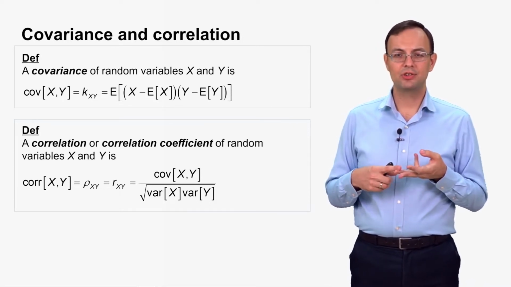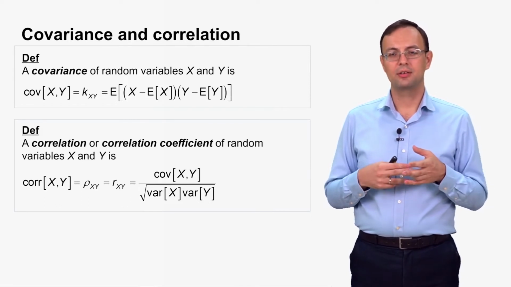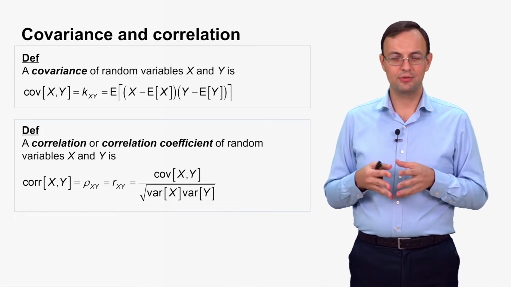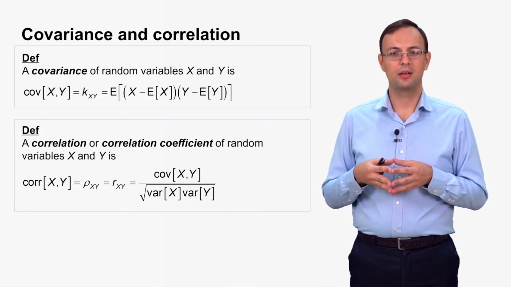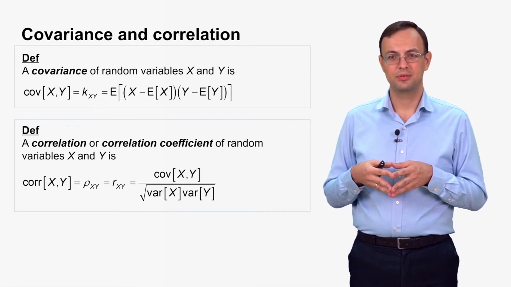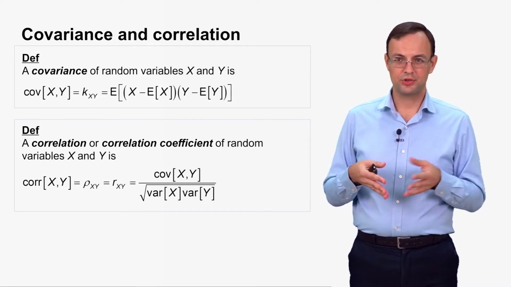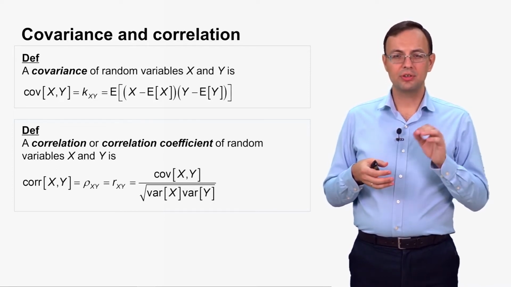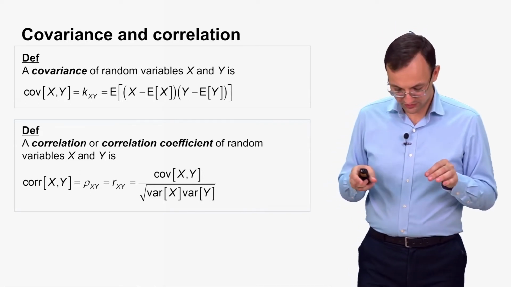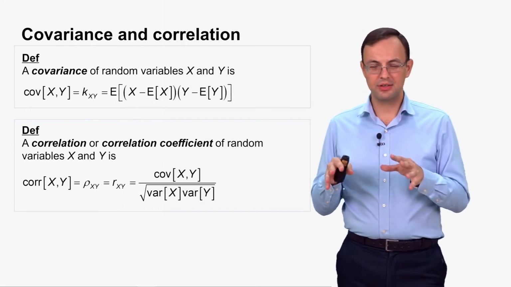And for correlation, the Greek letter rho and the Latin letter R are also frequently used. The terms correlation and correlation coefficient are to some degree synonyms, but